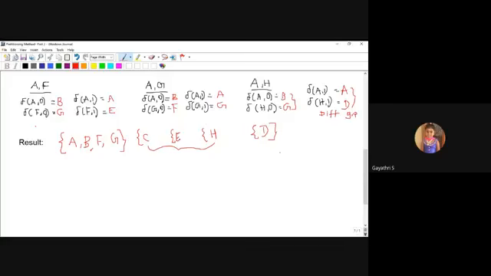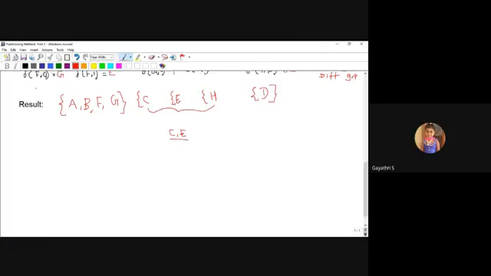CE pair. Delta of C comma 0, then delta of E comma 0. Next, delta of C comma 1, delta of E comma 1.